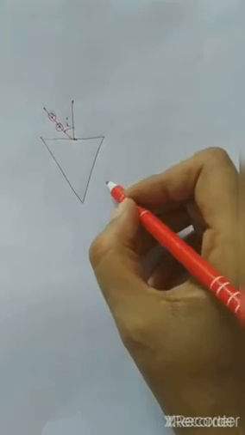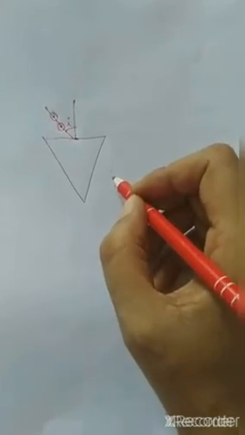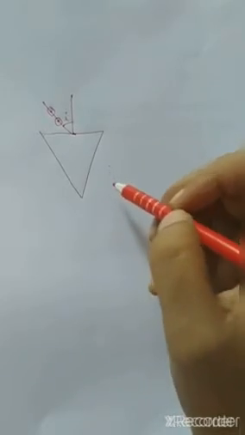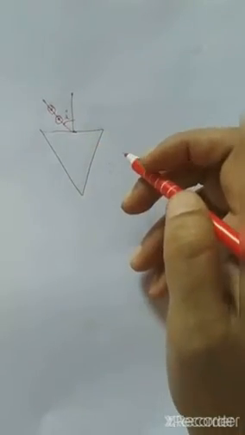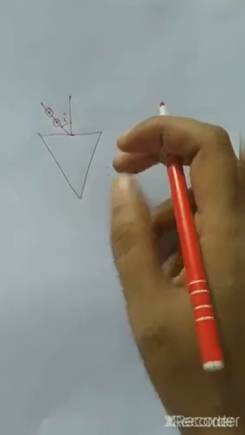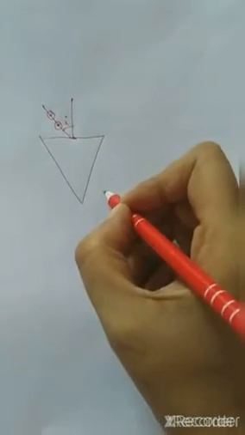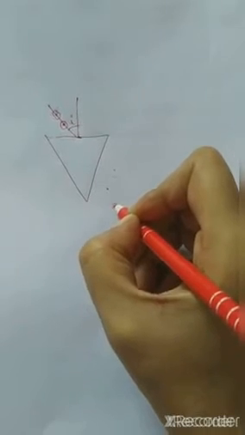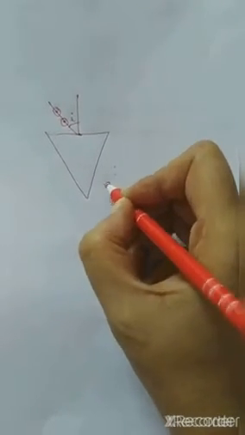So you will see that you have to check that these two pins, and on the other side the two pins that you will put, all four pins come in a straight line. If they are coming in a straight line, then mark those 2 points. Suppose here we are getting them, so we'll mark these 2 points and then make a small circle.